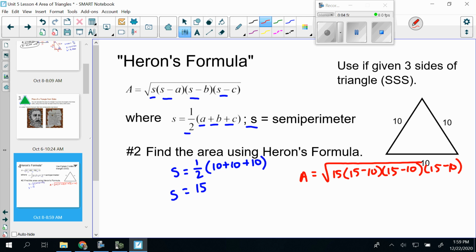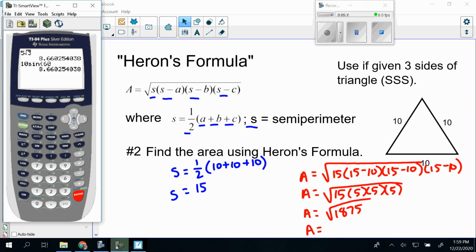So what we're going to do now is multiply all that together and take the square root of it. So it's going to end up being 15 times 5 times 5 times 5. If you put that all in your calculator, it's going to give you 1,875. And then if you take the square root of that, I'm just going to show you that you do get